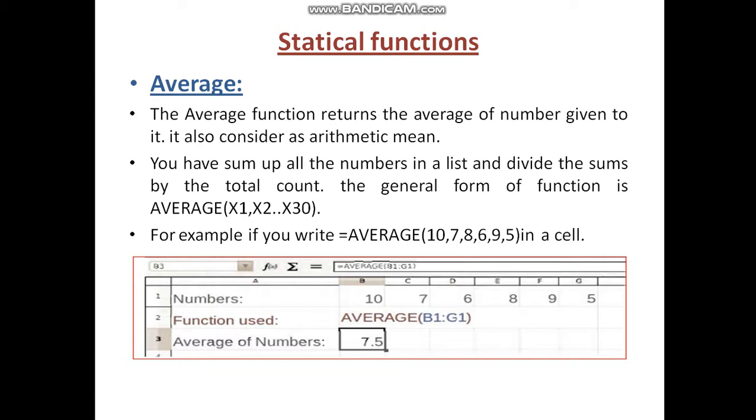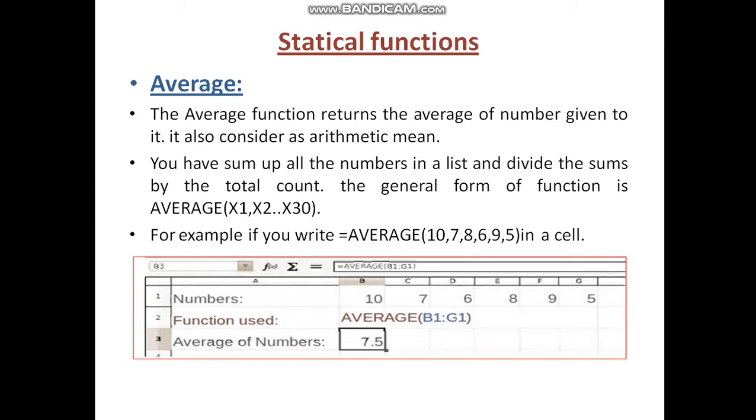The average function returns the average of the numbers given to it. It is also considered the arithmetic mean. You sum up all the numbers in a list and divide the sum by the total count. The general form of the function is AVERAGE with up to 30 arguments. For example, if you write equal to average in brackets 10, 7, 8, 6, 9, 5 in a